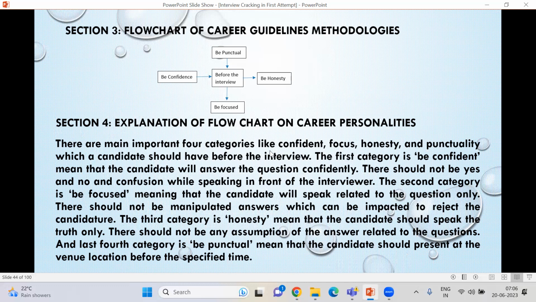So section 4 describes the four important categories before attending the interview, and the candidate should follow all four guidelines to make sure the interview clearance is successful in the first attempt. So we'll move to the next slide.